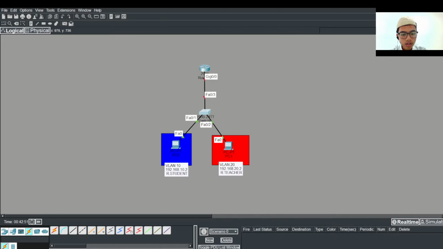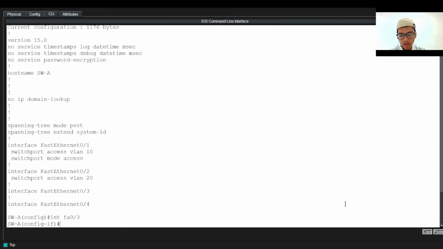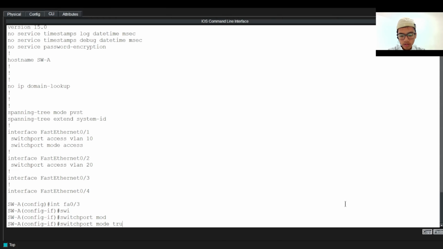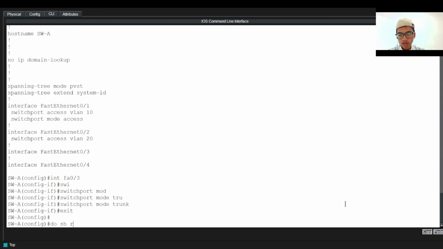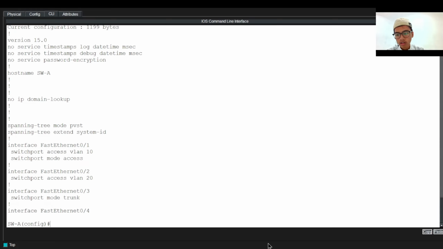Okay, first we go into interface FA0/3. After that we just type switchport mode trunk. Okay, after that we can do show run. And in interface 0/3 there is the switchport mode trunk.